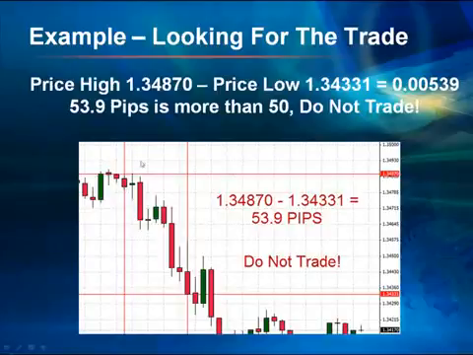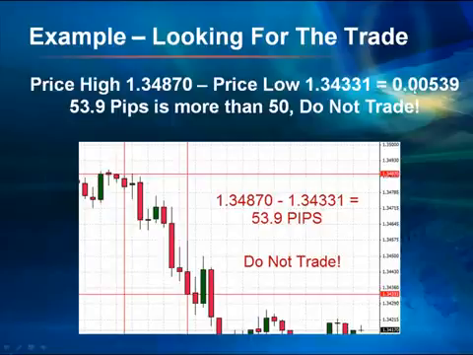Here's our charts like we just set up in MetaTrader. We've got our vertical lines at 1400 and 1600, and we've got our horizontal lines at the low price point and the high price point. So to calculate whether we want to trade here or not, we subtract the low point, 1.34331, from the high point, 1.34870,